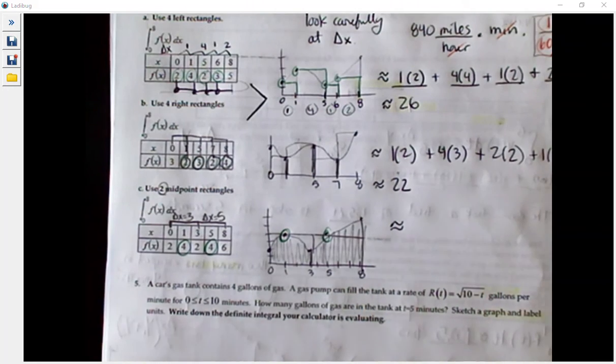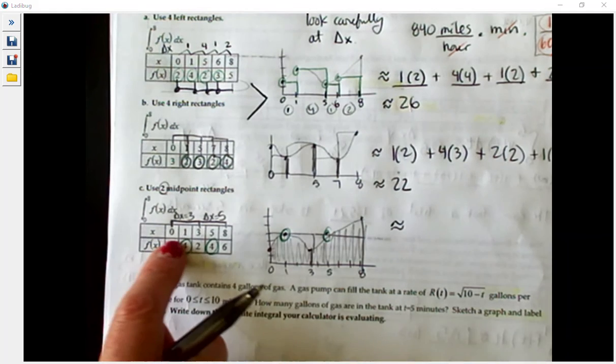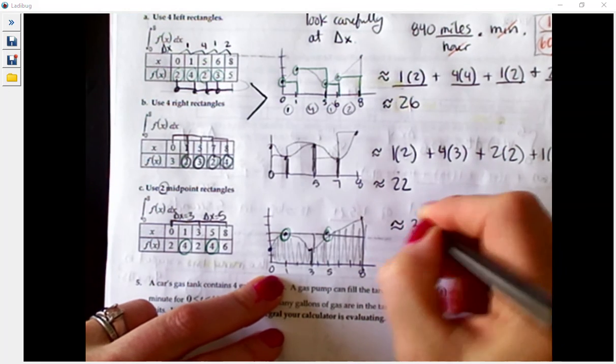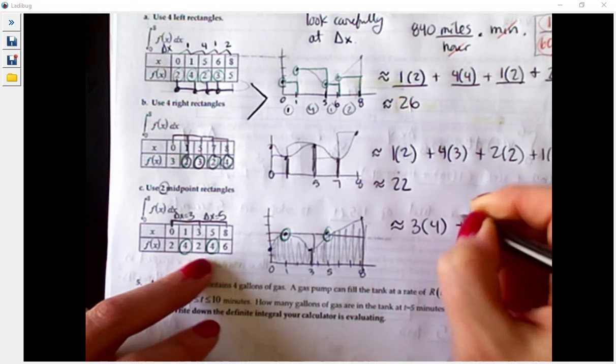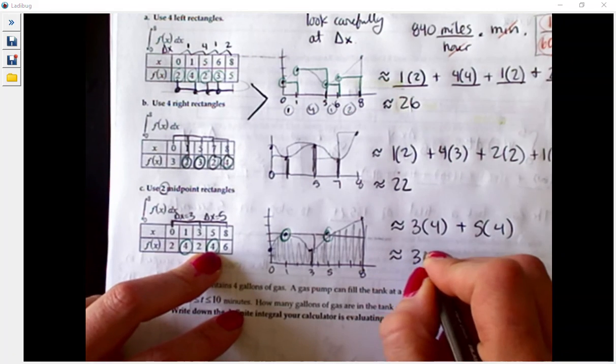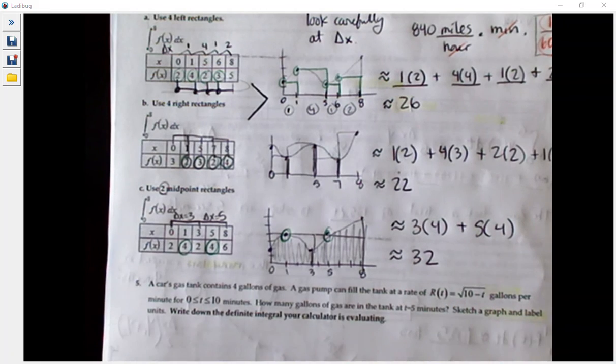It's not going to be the exact midpoint because it's not a continuous set of values that we have. I can't pick 1.5. I have to pick the middle of whatever was available to me. So if you have 3 data points, you pick the second data point. If I had 5 data points, I would pick the third data point, whatever the middle data point is. Okay, so we get 3 times 4 plus 5 times 4, 12, 32? 32. Okay, that's where we're going to stop. Okay, we will pick up